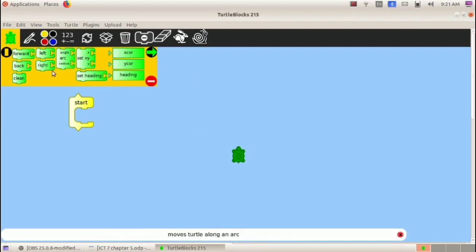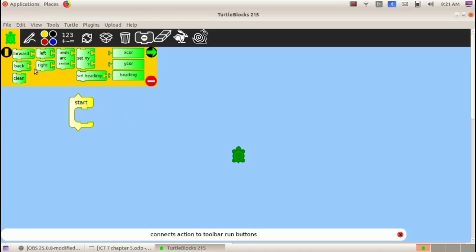We have to select the required instruction from this. We have to click and drag it and place it here under this start. Then after placing all the instructions here, we have to click on the start. Then the turtle will move according to those instructions, and we can see a red line where the turtle moves. So let us move on to our first activity of this chapter, that is, let's move the tortoise.